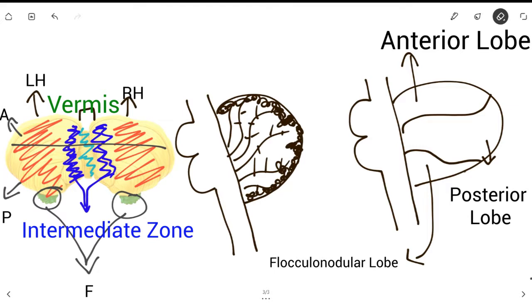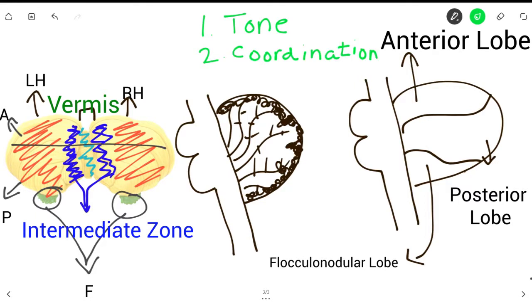So now let's talk about the function of the cerebellum. Your cerebellum's main function is motor activity. It takes care of number 1, the tone of the muscles, number 2, the coordination, and number 3, the balance and posture. Although these lobes in the cerebellum will have a lot of mixed functions,